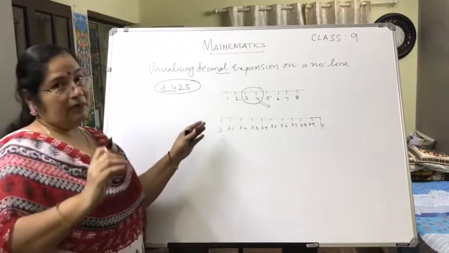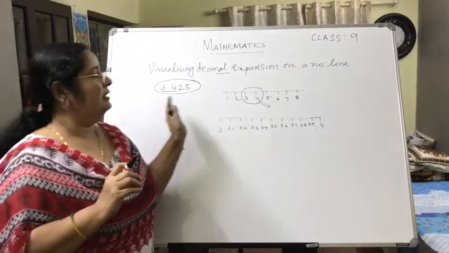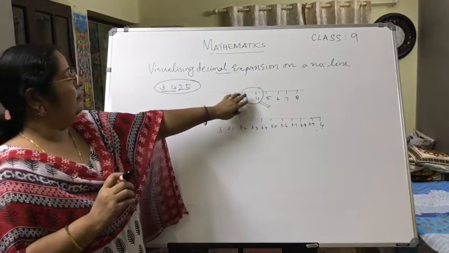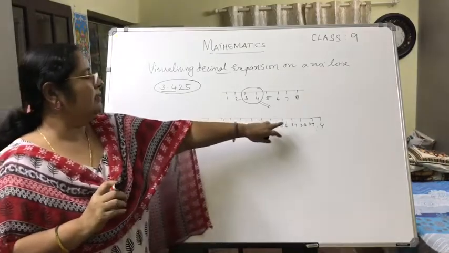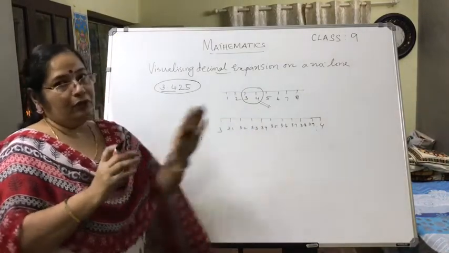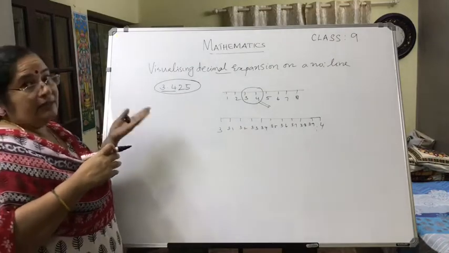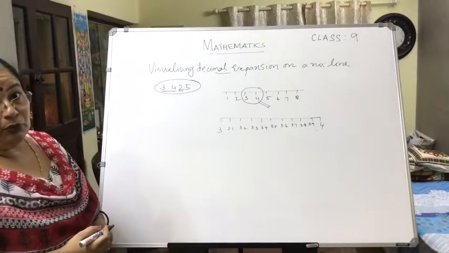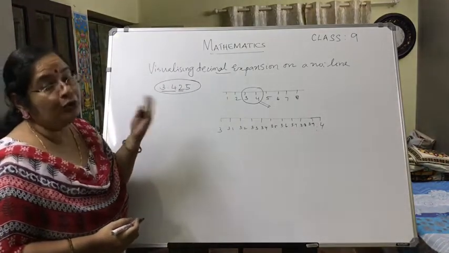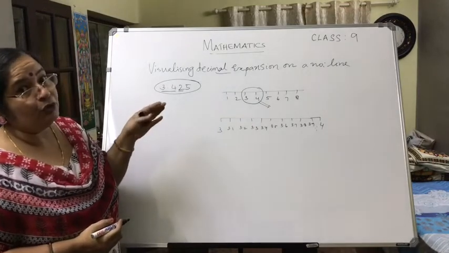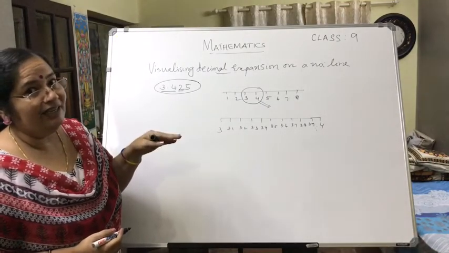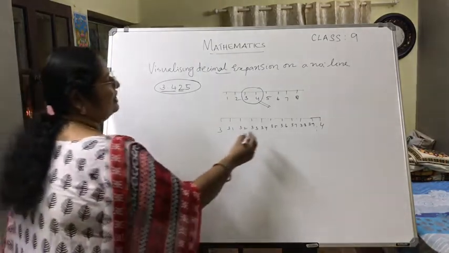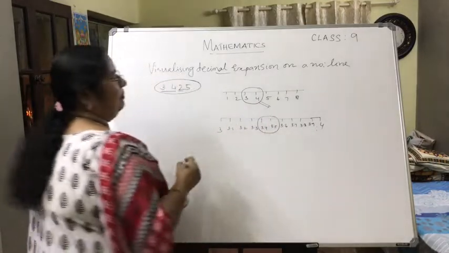See, when you're marking, please mark at equal distances, okay? When you are marking, mark it at equal distances. So now between 3 and 4 you have 3.1 up to 3.9. So 3 and 4 you have enlarged. Now our next consideration. See the next place digit. What is there? 2. So 3.42 means it will lie between 3.4 and 3.5. So our next consideration is 3.4 and 3.5.